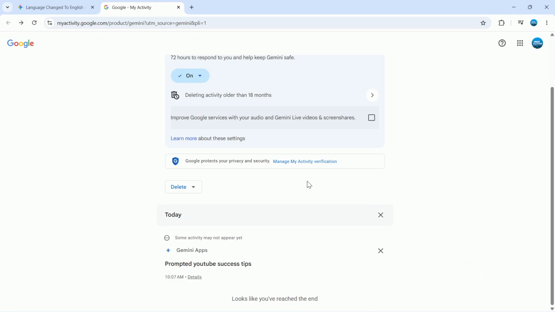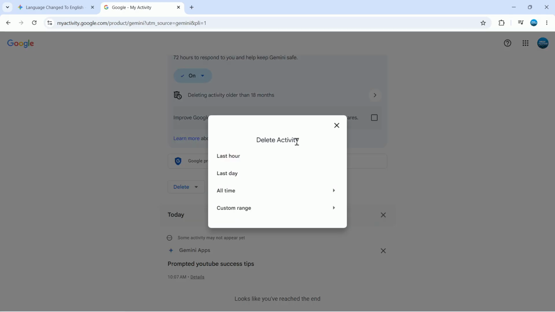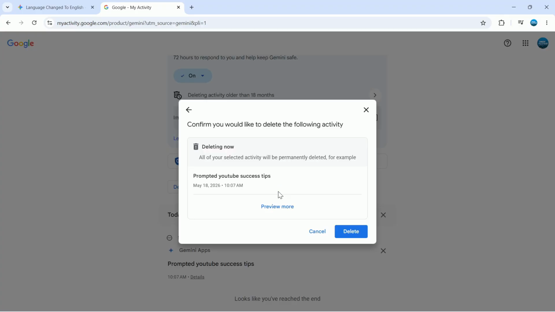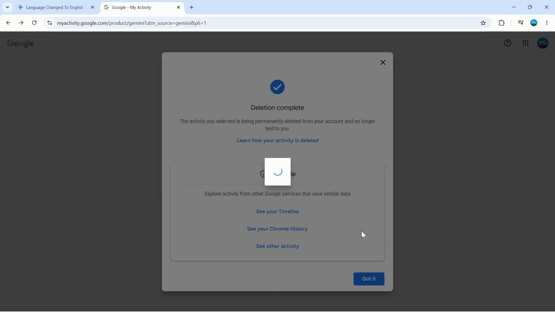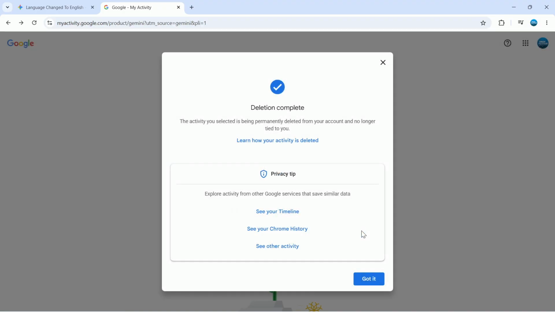Now if you want to completely delete your chat history, just simply click onto the delete box which is above your activity. What you can then do is choose when to delete your activity for. So you can see there's an option for all time. Give that a click. It's going to ask if you want to delete the following activity, which I've only got one more chat on here, so you would just click on to delete. So as you can see, it now says deletion complete,